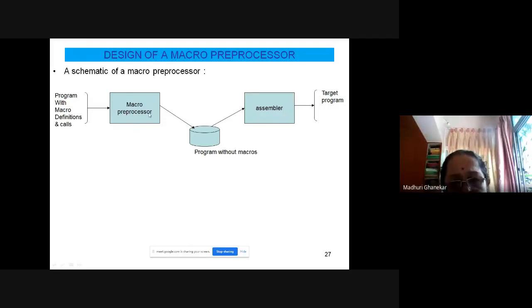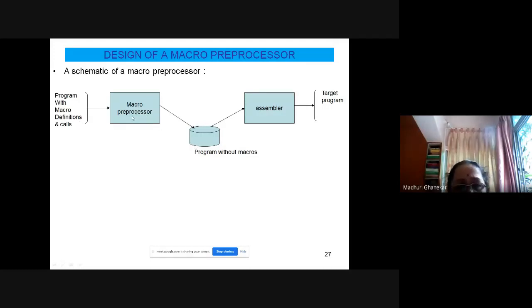to the macro preprocessor. Now what does the macro preprocessor do, as the name says, it removes all the macro calls. It will remove all the macro calls, expand them, and patch those expansions inside the assembly program. So this is done by the macro preprocessor.